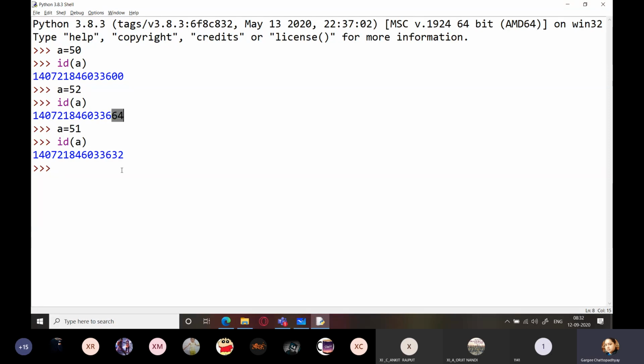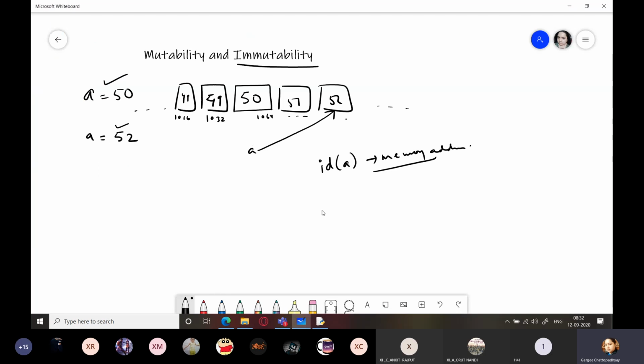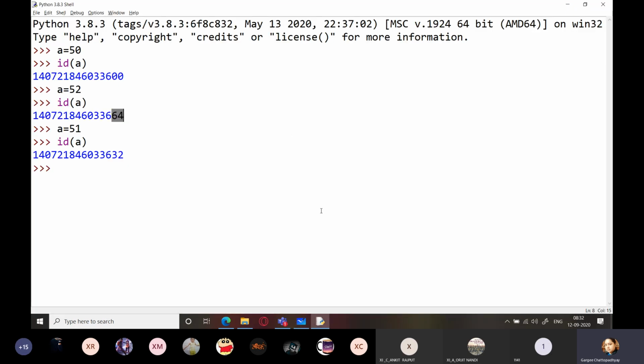So in my computer, it is storing each value with a jump factor of 32 bytes. It depends. The standard difference would be 16 bytes, but it also depends upon the memory of your computer. So here every value is being stored by a factor of 32 bytes. Here it is 600, here it is 632, here it is 664. Then add 32 to 664, you will get 53 also. So you don't have to check this because this is an internal matter of the operating system. The operating system manages this internally.